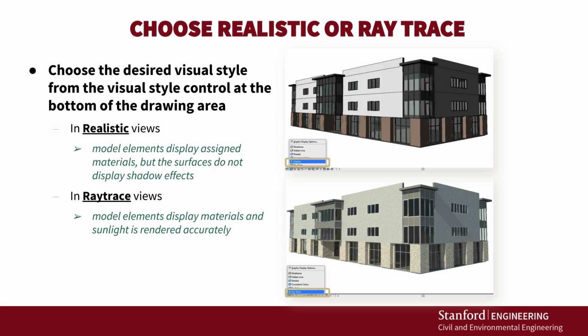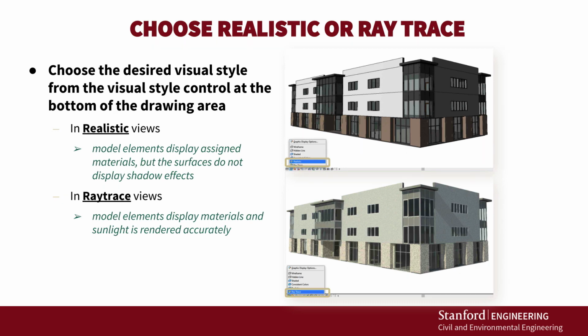The lower view actually shows a ray trace view, and in ray trace views, the model elements display the materials and the sunlighting and shadows are rendered accurately. So you can see in this view, the shadow of some of those roofing elements actually is cast accurately on the wall surfaces. Now, ray trace views are the highest fidelity, but they also use the most processing power. So don't use them for everything. Only use the view and the visual fidelity that's necessary to support your design work without overloading your computer with